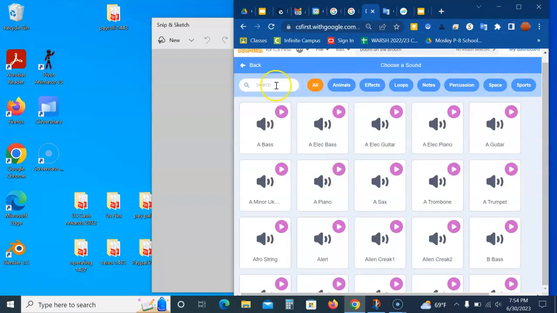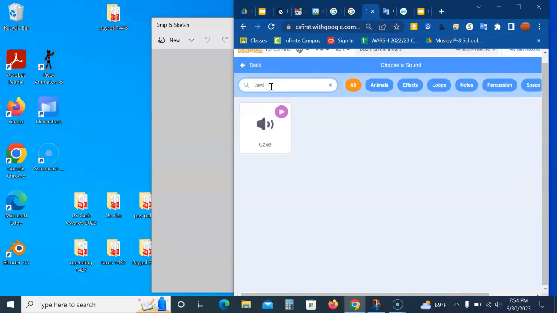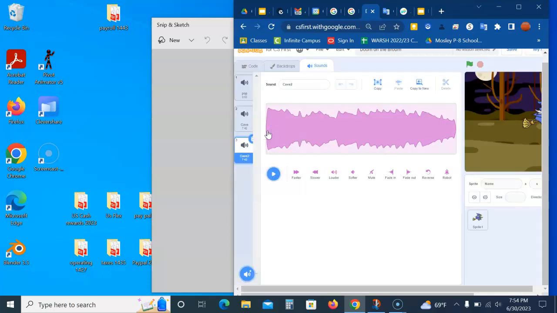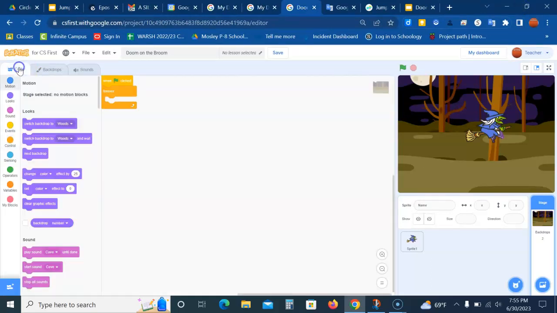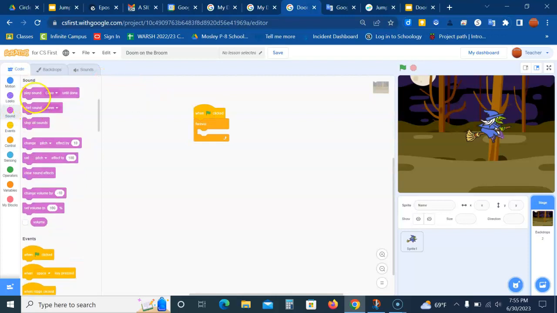Click, search for cave, and click on cave. It will then be a choice for a sound. Now let's go to code. So we will go to sound, and we will play cave sound until done. So when I click on the green flag,